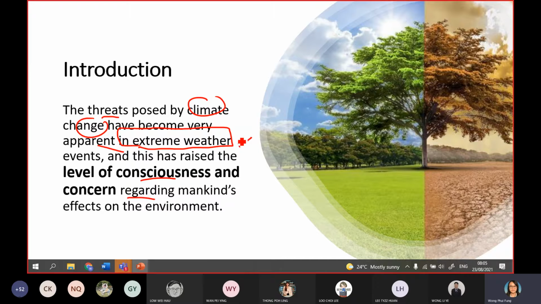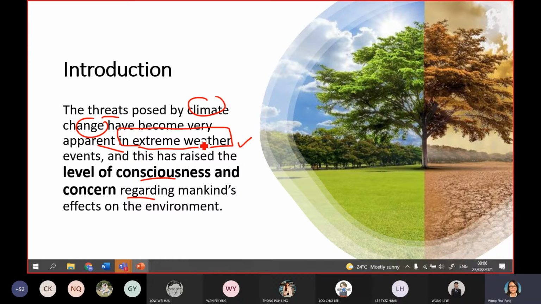As you can see, some countries are facing natural disasters such as earthquakes, tsunamis, flash flooding, and haze. And in Malaysia, you can notice that sometimes you feel very, very hot, but sometimes, like now these few weeks, you feel quite cold. The weather is actually not so consistent. Sometimes you feel very hot, sometimes very cold. That is what we call climate change, as you can see, the extreme weather.